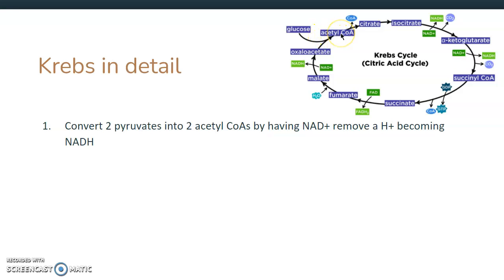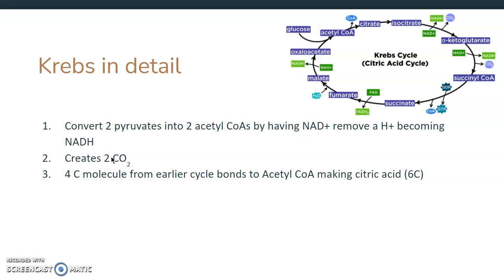So we are creating our acetyl-CoA, which is shown right here, by removing a positive proton, so that NAD plus can become NADH. This creates two of our carbon dioxide molecules, and now we have a 4-carbon molecule from earlier bonds in our citric acid cycle,